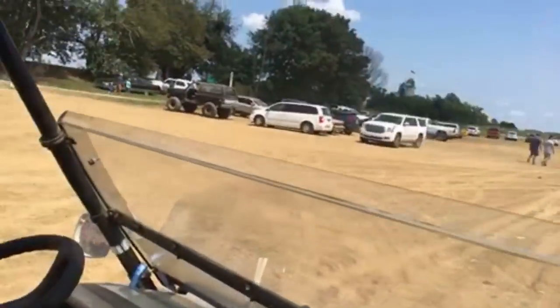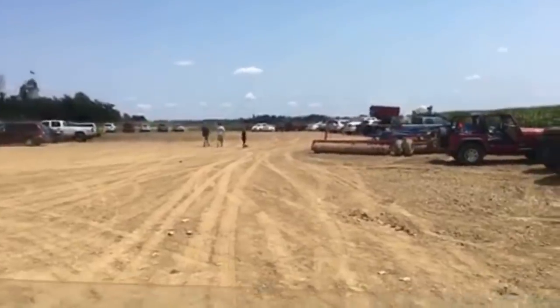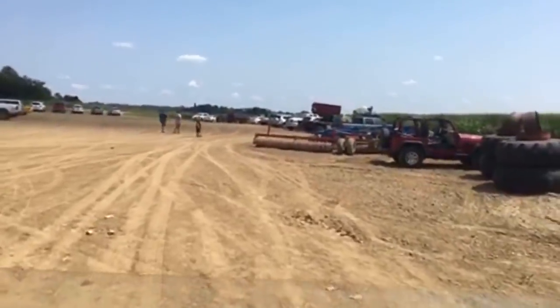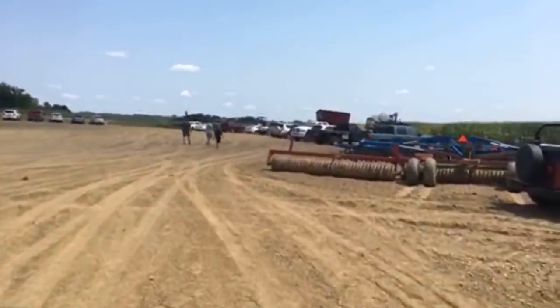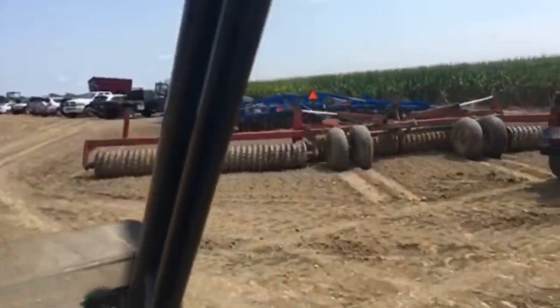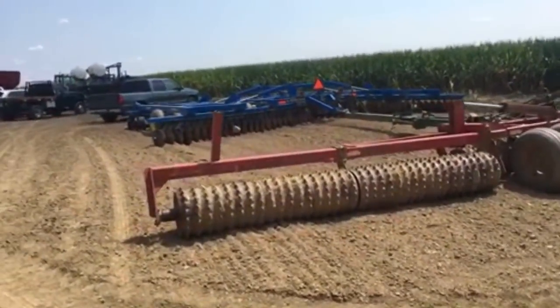But we'll hop back in the Gator here. I should be able to, maybe if you want to ask some questions, we're going to run up here and just look at some of their implements. Appreciate everybody tuning in. Here's their Brilliant Packer. Yeah, I like the Oliver 25